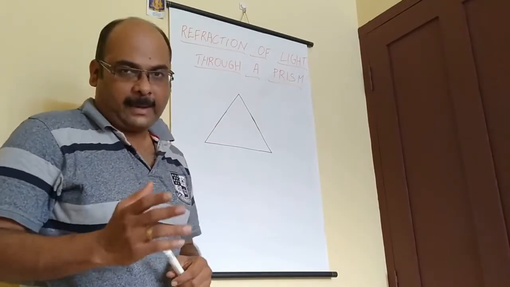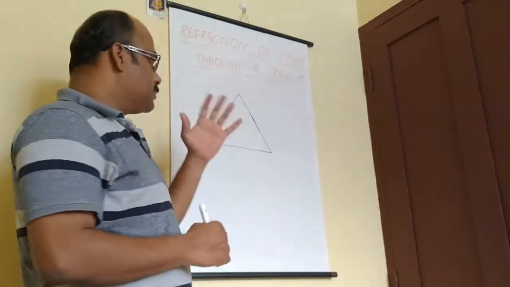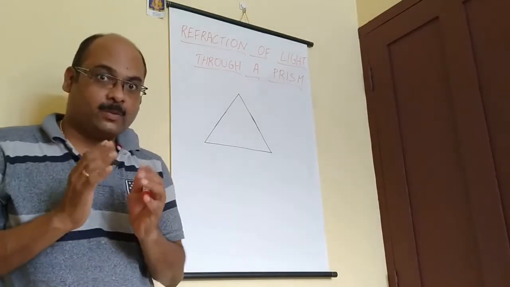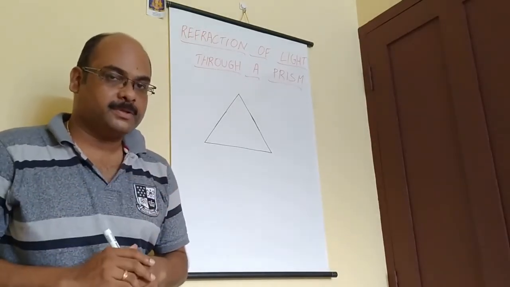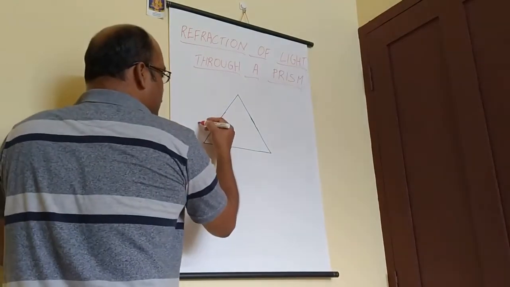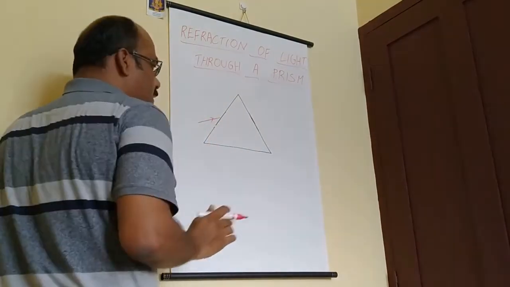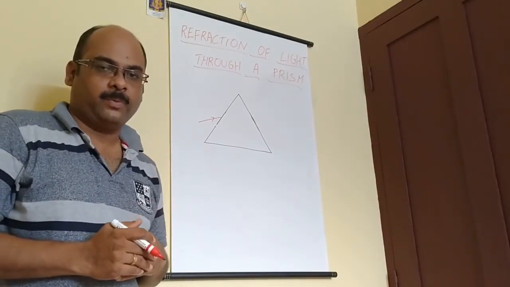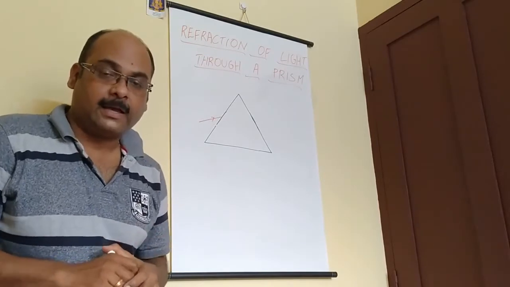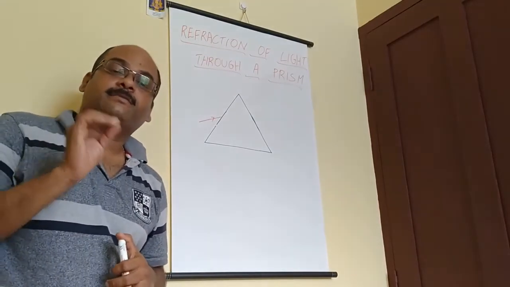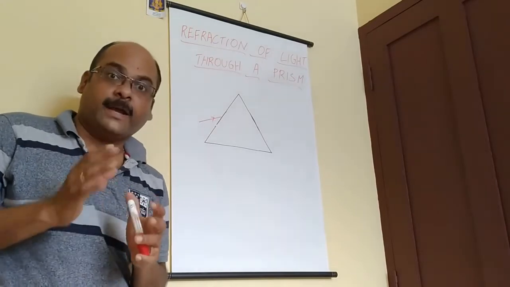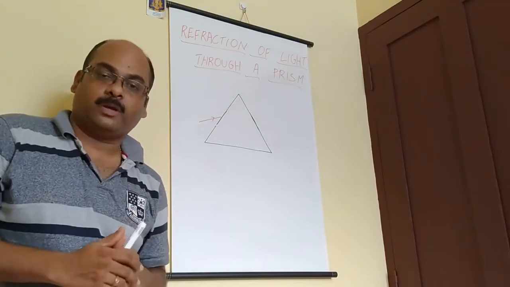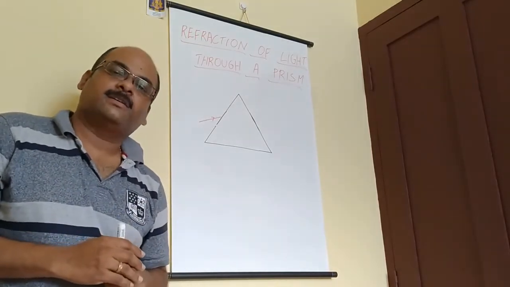So you saw what happens when a beam of light passes through a prism. Now we will discuss white light. What happens when white colored light passes through a prism? So a white beam of light is passing, and as you know, white light is made up of 7 different colors that you see in the rainbow, and each of these colors has a different refractive index. It is violet which has the highest refractive index, meaning the violet bends more, and red is the one with the least refractive index.